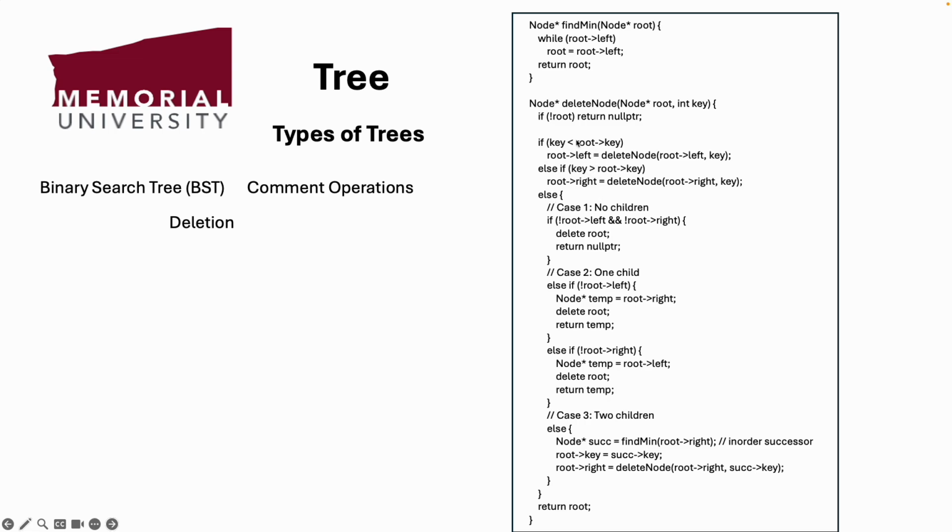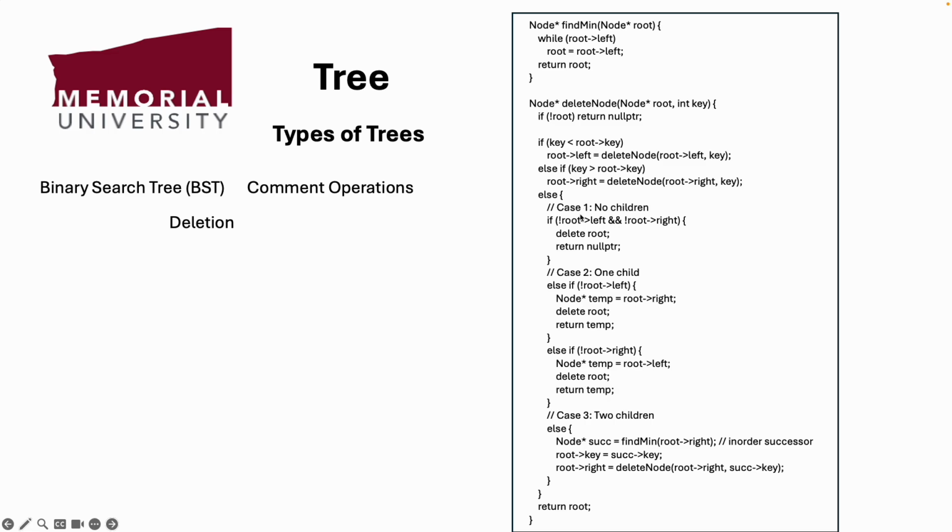If the key is less than the root key value, we go within the left subtree. Otherwise, we go in the right subtree. So in this step, we can ignore the other subtree, the entire left or right subtree, which improves the efficiency of deletion. If we are able to find the node which you want to delete,